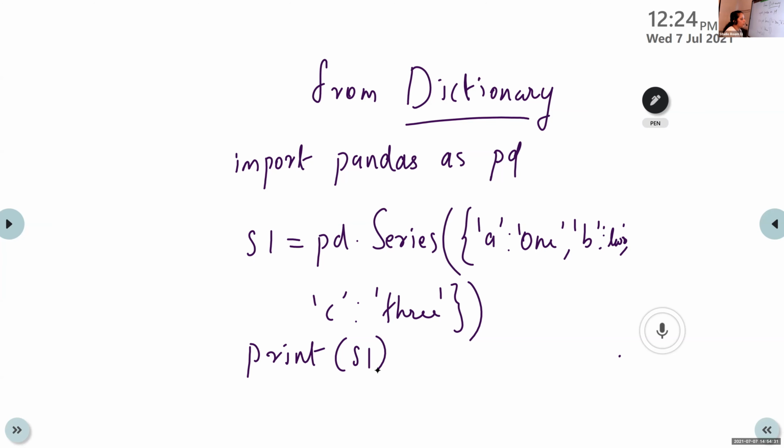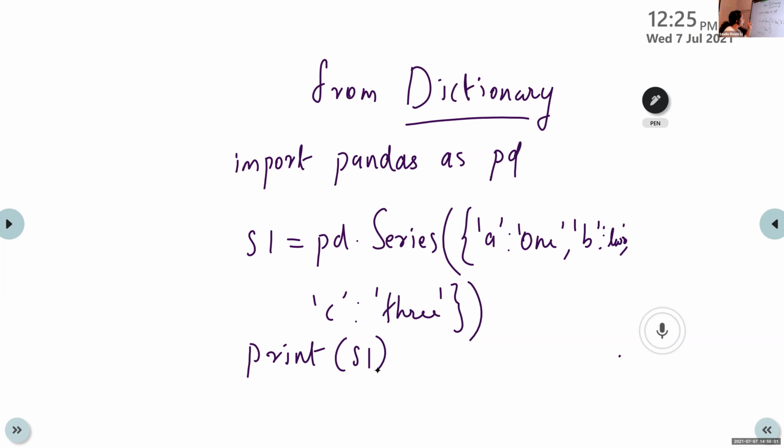In series creation from a dictionary, there is no separate argument for index and data value. In all the previous questions, one section is for data value and the second section is for index value.